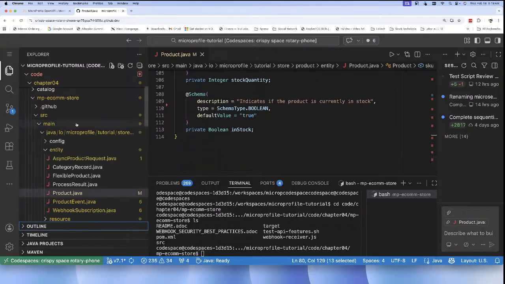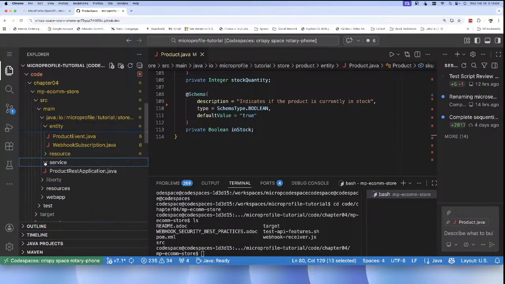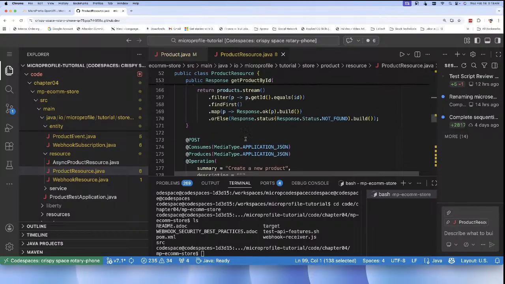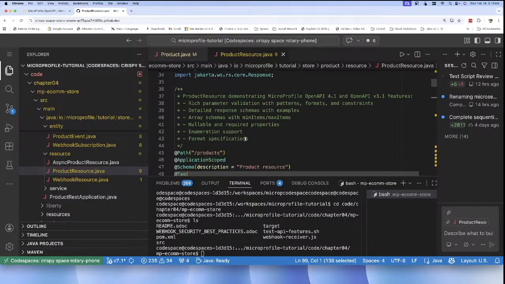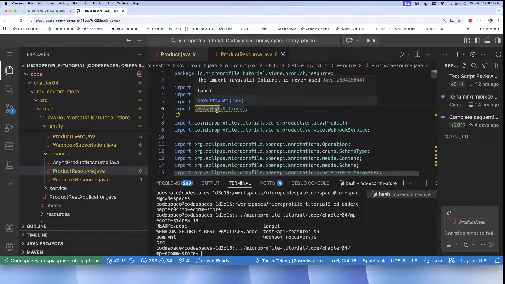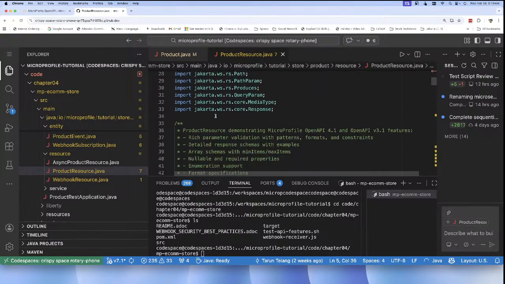So as we learned, first thing is the entity class. Next is we have the service class, where we define the logic, business logic. So here we don't have much business logic. Then we move to the resource. Resource will be the class which is implementing. Here, okay, let me remove the unused imports, and then we come down to